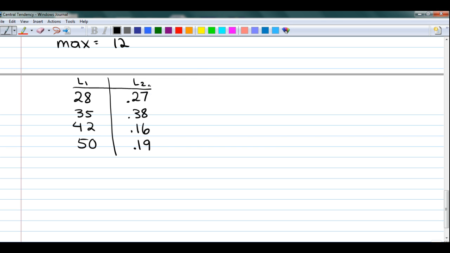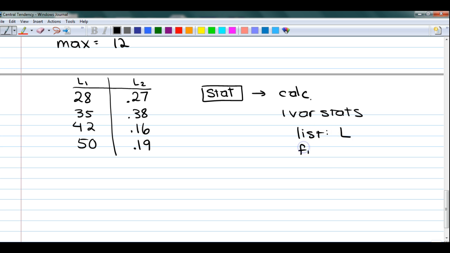If we put that into our edit, and we hit stat again, arrow over to calculate, one var stats, and our list is in L1, our frequency is L2, we calculate,